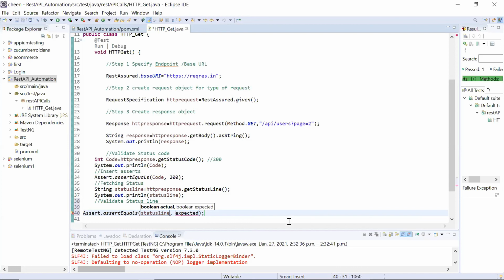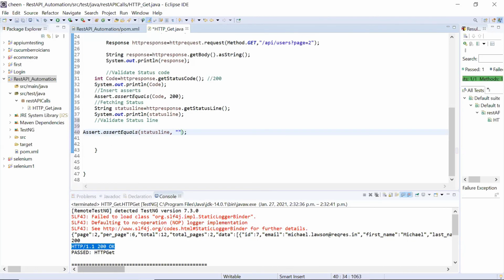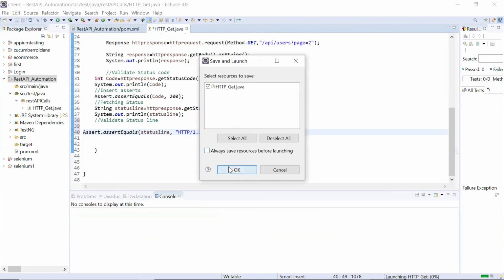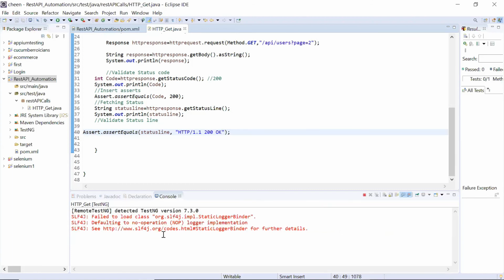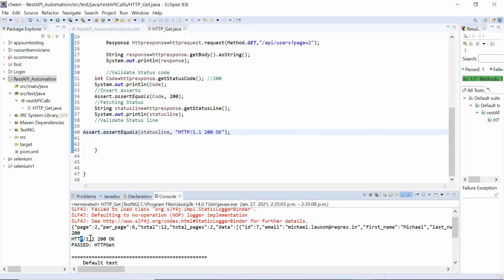And in expected, you can copy it from the Excel sheet, or right now I'm just taking it from here. You can paste it. So this is expected, and the status line is going to give you actual, and we can verify whether it's working according to the requirements or not. So here we have it, passed. This is my line and it is passed.